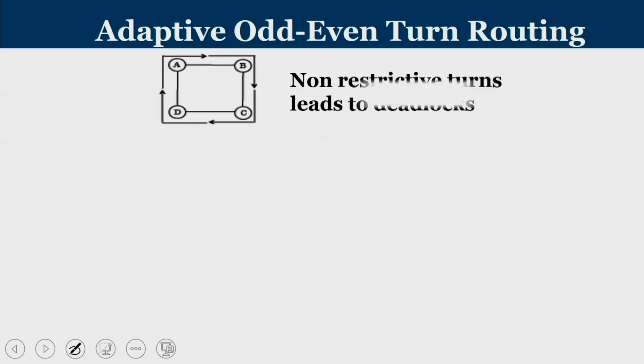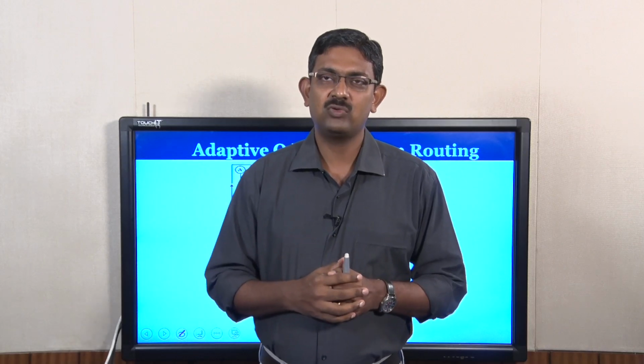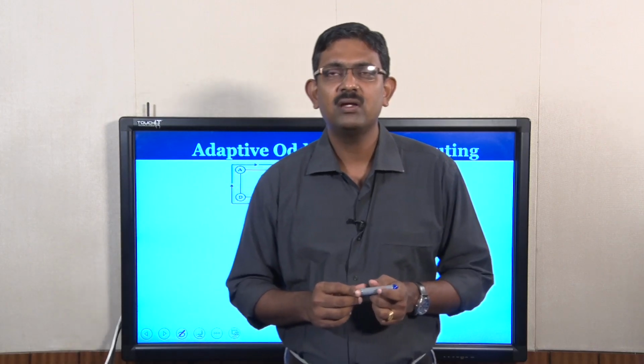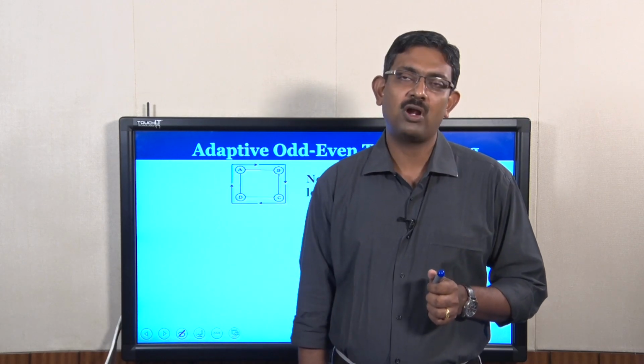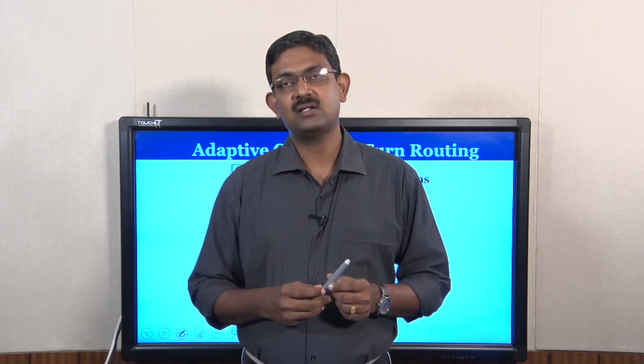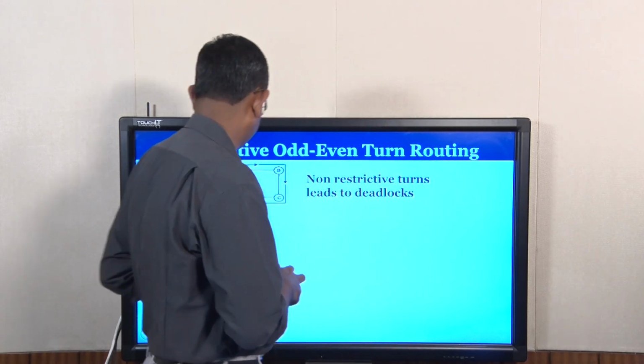Moving on further, let us try to understand odd even routing. What are the problems of the turn routing that we have seen, west first and north last routings? They are restrictive on certain junctions. In certain junctions, I cannot take certain turns. So adding a little bit more flexibility into the system is called odd even routing. In odd even routing, we divide the entire chip into odd columns and even columns. In odd columns, certain turns are prohibited. In even columns, certain other turns are prohibited. Let us see that.